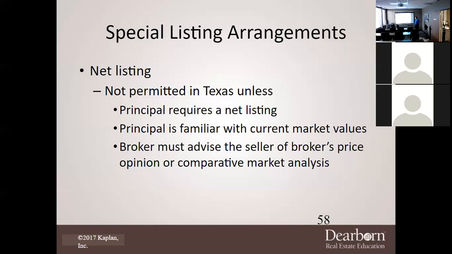Okay. And a person that requires a net listing, do you think they're knowledgeable? Yes. They're very knowledgeable. They've probably actually been a realtor in another state or another county that doesn't have access to yours. They've already basically figured out what it's worth. And they're just telling you, hey, I know it's worth $250, but I'm going to go over there and sell it at $245, and you can have anything over $245. Because I know that you're only going to make how much money? Possibly $5,000. Okay? A dumb person is not going to require a net listing. It's going to be somebody that's educated.